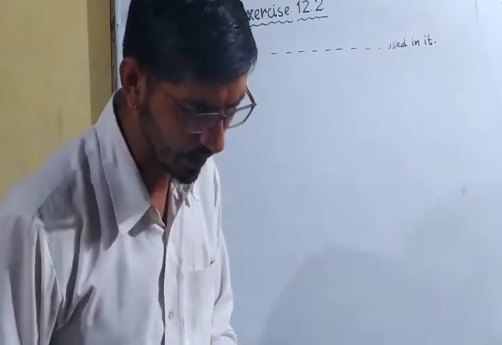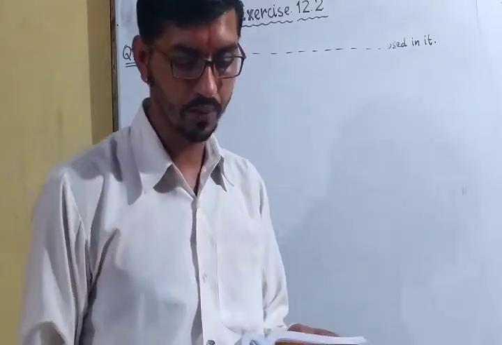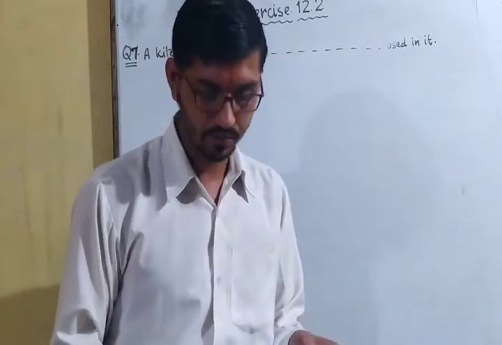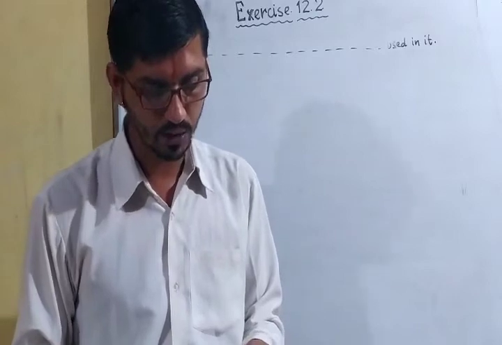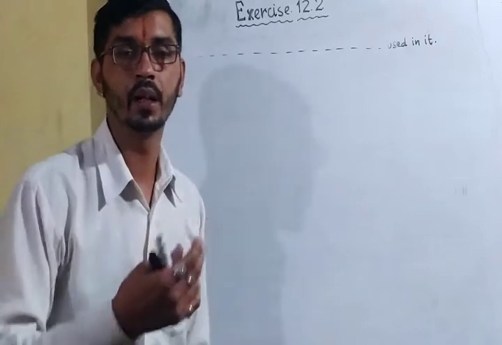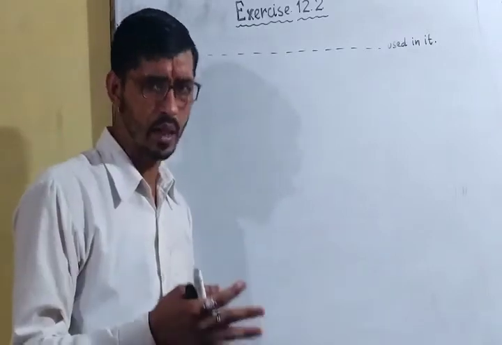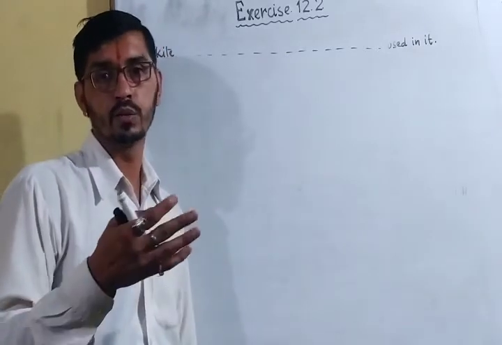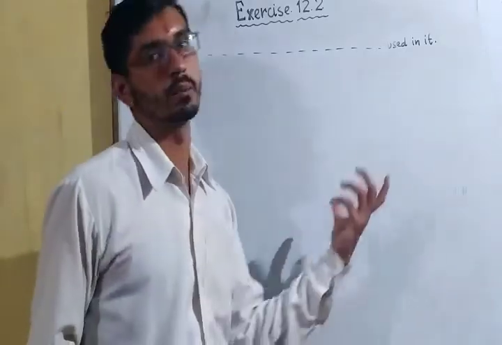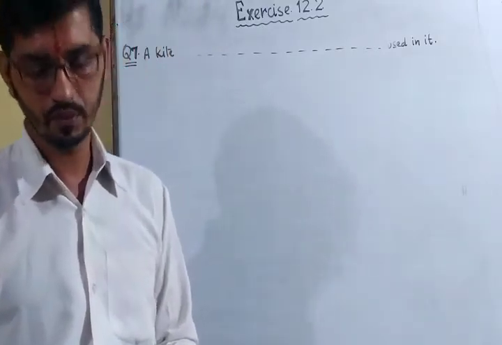The 6th question is: an umbrella is made by stitching 10 triangular pieces of cloth of 2 different colors, each measuring 20 centimeter, 50 centimeter, 50 centimeter respectively. How much cloth of each color is required for the umbrella? Very, very easy it is. First you will find the area of one triangle by using Heron's formula, because we have the sides. Using Heron's formula, you will find the area of that one piece of cloth, then multiply by 10. Then you will get the area of each cloth. Okay, so it is very easy.